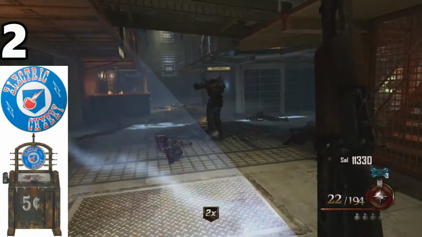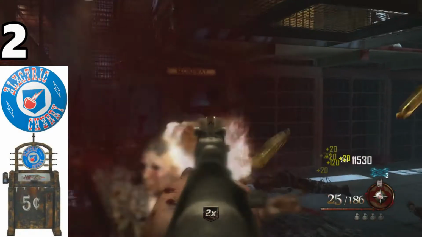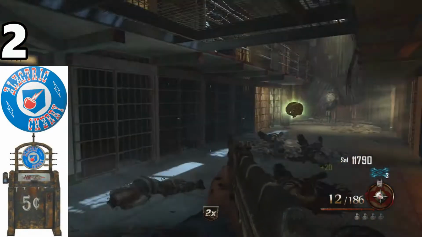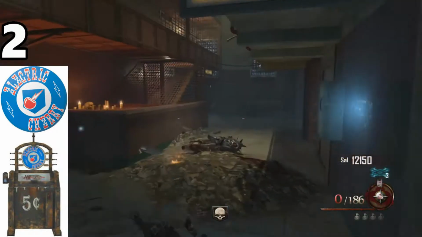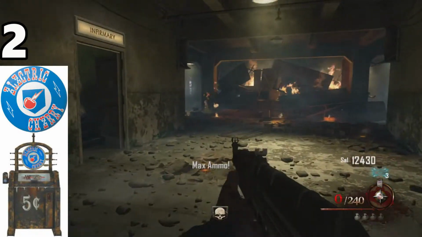Number 2, we have Electric Cherry. A lot of people might be like, what, this perk isn't even that good, it's only in 2 maps, what are you talking about, Electric Cherry? It's not that good of a perk. I think this perk saved my life